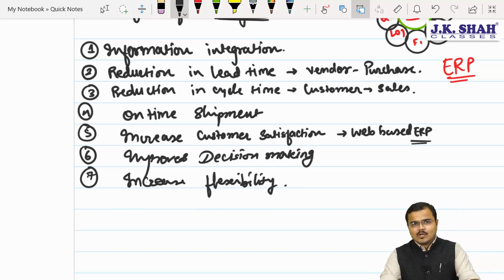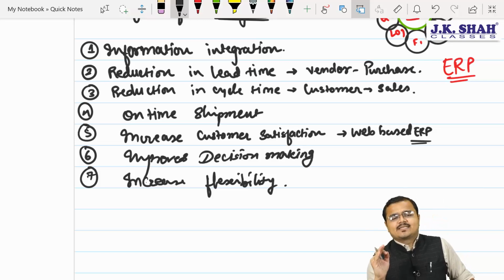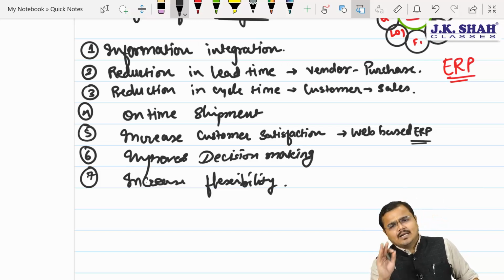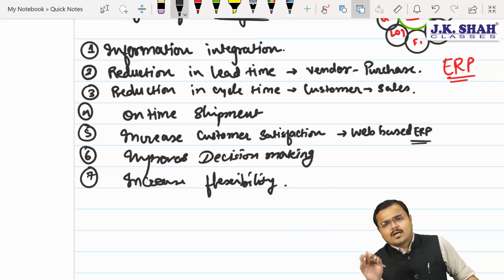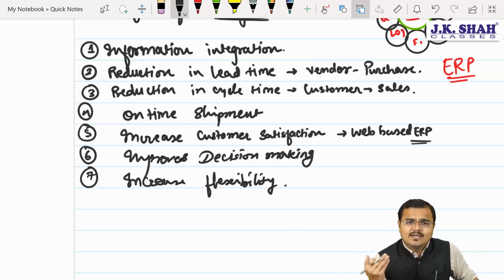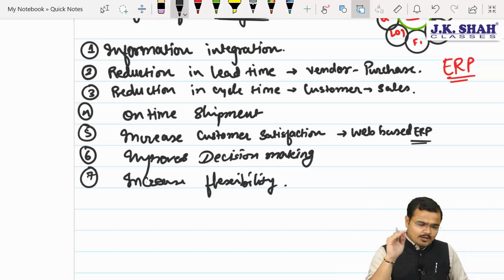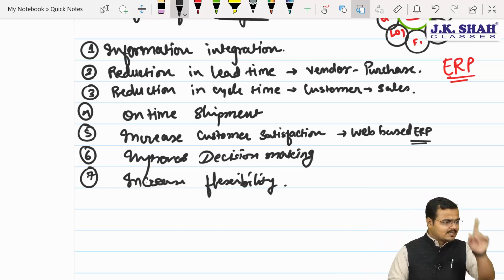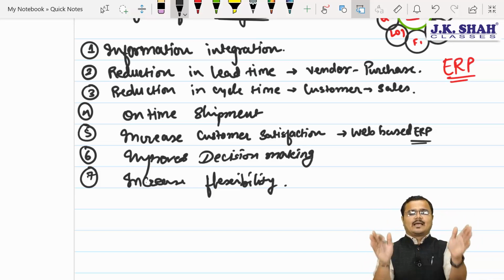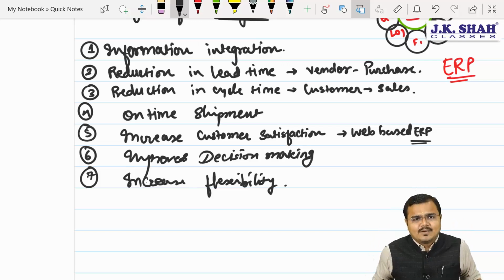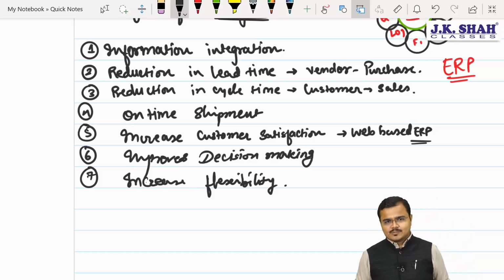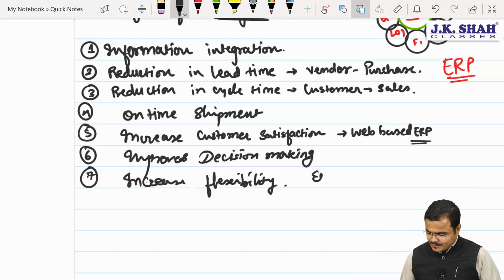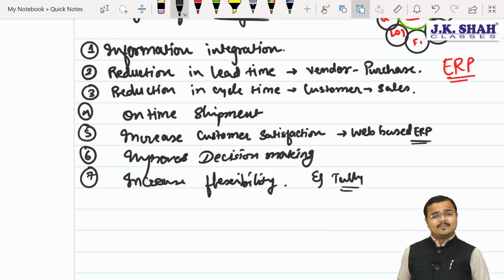Sir, integrated. So if you make the changes at one place, chartered, automatically it enables you to change the requisite places without any extra human interference. No need to make the changes everywhere, chartered. Make the changes at one place and automatically it will capture the changes at every other place. Let's take an example for this, people. I'll take the example of the very common accounting software which we use, called Tally.